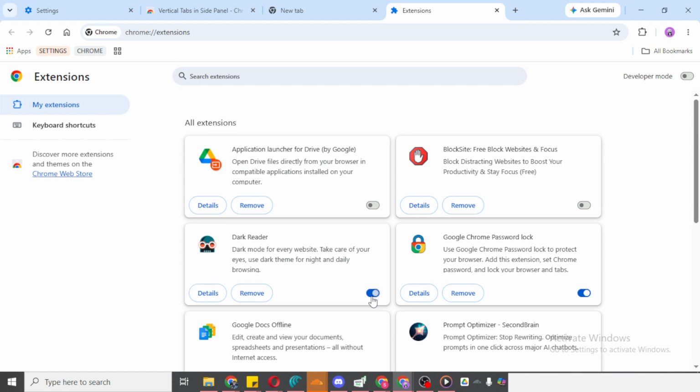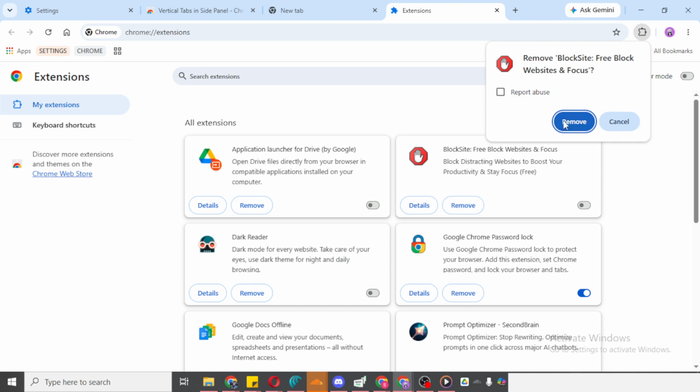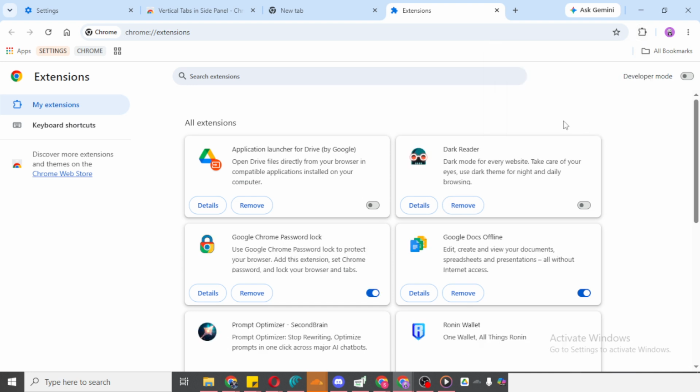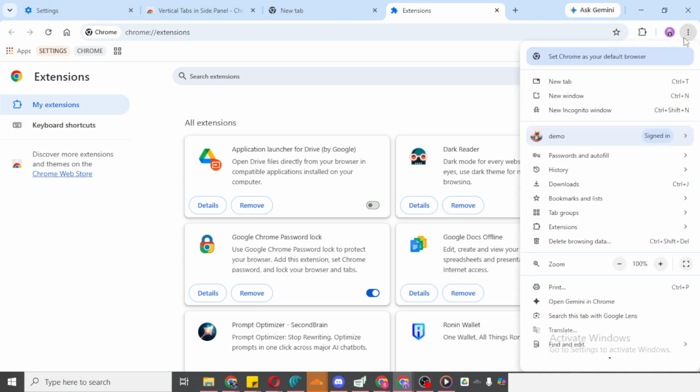After that, you'll also want to make sure your Chrome browser is fully updated. Running an outdated version of Chrome can sometimes cause compatibility or security issues, and those issues may lead to more CAPTCHA requests than usual. So it's always a good idea to check that your browser is on the latest version before changing anything else. Next, click the three-dot menu again in the top right corner and return to Settings.